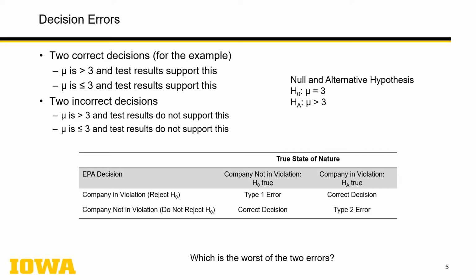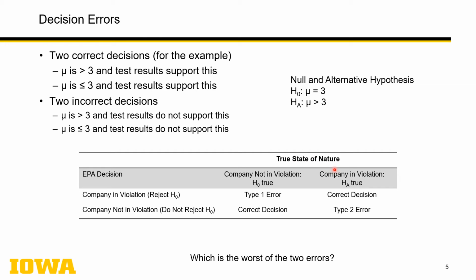The two incorrect decisions are the mean is truly greater than 3, but the test results don't support that. They show that it's less than 3, for example. And conversely, the mean is truly less than or equal to 3, and the test results do not support this. So we have this null and alternative hypothesis as shown here: mu equals 3 as the null, or mu greater than 3 as the alternative. And you can see here this table, which gives an indication of these types of errors and correct